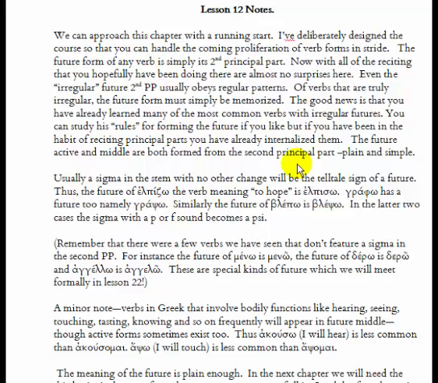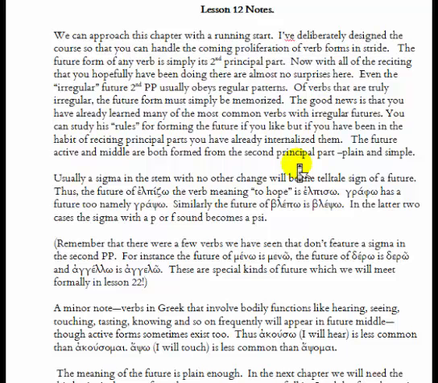Again, nothing particularly new in this chapter for those of you who've been reciting principal parts. If you have not been, or you've gotten lax with it, get going with it, because the verb forms are going to start proliferating from here on out. We're going to meet new ones in every single chapter, and then in the next semester, you're going to start getting subjunctive mood, and then you're going to see yourself literally in a sea of forms, which you're not used to. But again, if you've been doing the building blocks and learning the principal parts, it's going to be fairly straightforward for you to assimilate them. So keep that in mind, and keep working along at this.